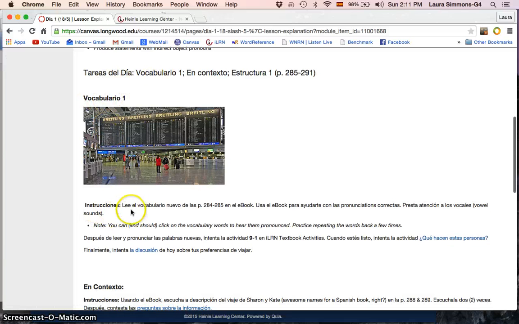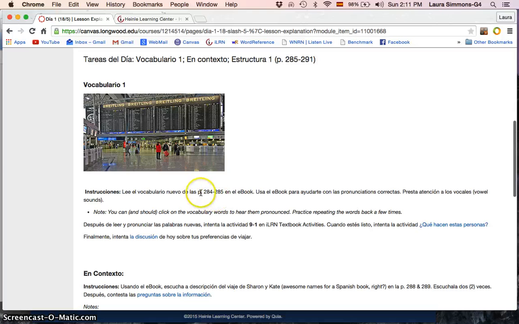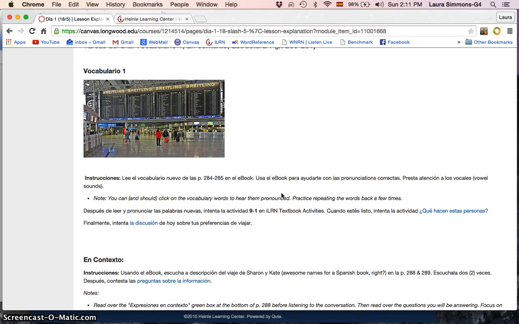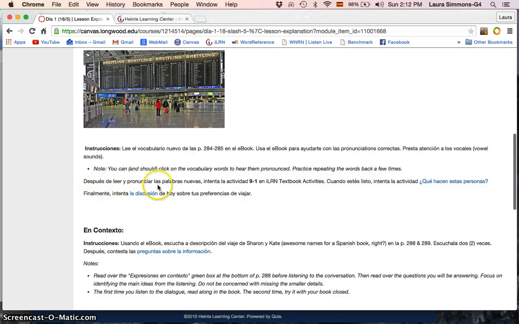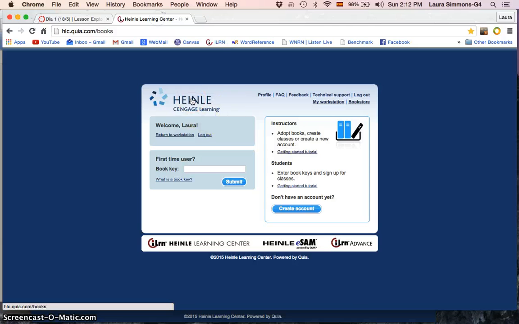You'll find a set of instructions about what to do. Basically, read over the words in the ebook, and use your ebook so you can listen to the pronunciation for each of those words. And then after you've read and pronounced the new words, try this activity in iLearn textbook activities. For iLearn, whenever you see that it says 9-1, we're going to go to iLearn. You'll log in,